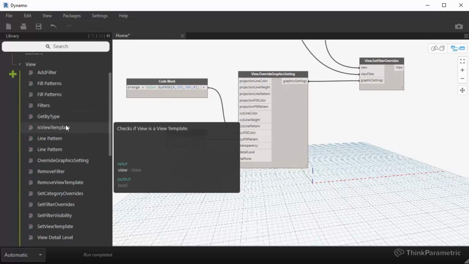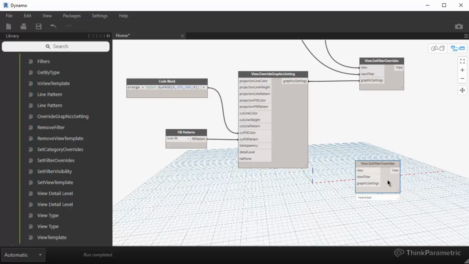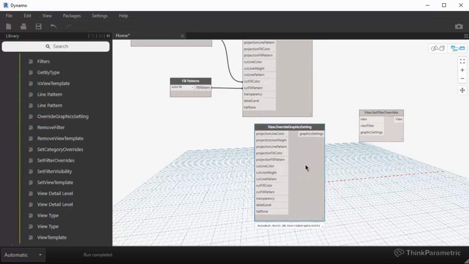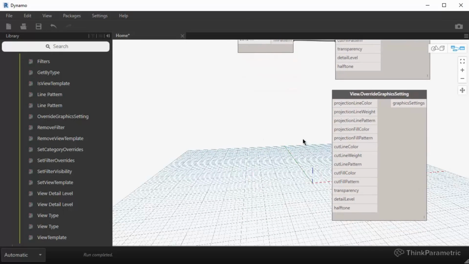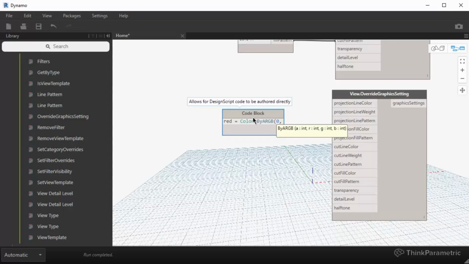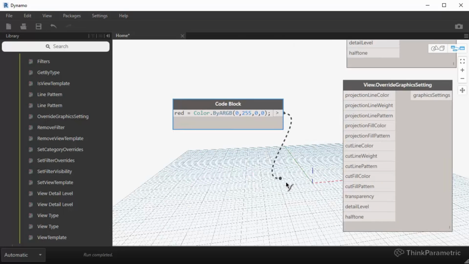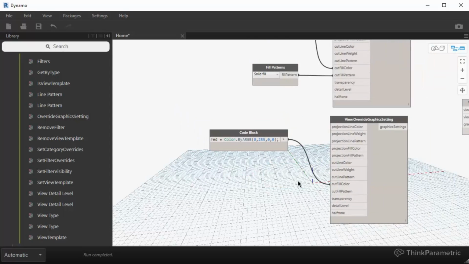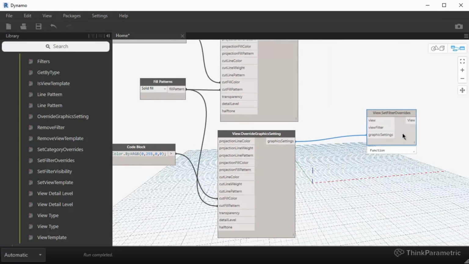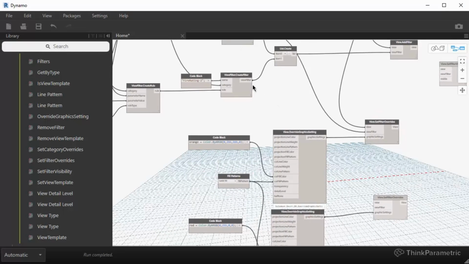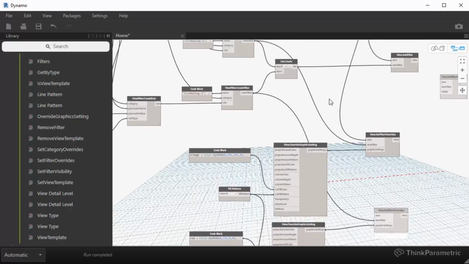So again, we're just gonna set filter overrides, and then we're gonna need the new graphics overrides node. So for this one, I want to create a different color. I'm gonna call this red. And again, I'm going to do Color.ByARGB. And I'm just going to use 255 for red, and then 0 for green and blue. So this will be my color for the fill color, and I can use the same pattern for my fill pattern. And again, I can plug that into graphics override, and then this will be my override for the second filter. And the views are going to